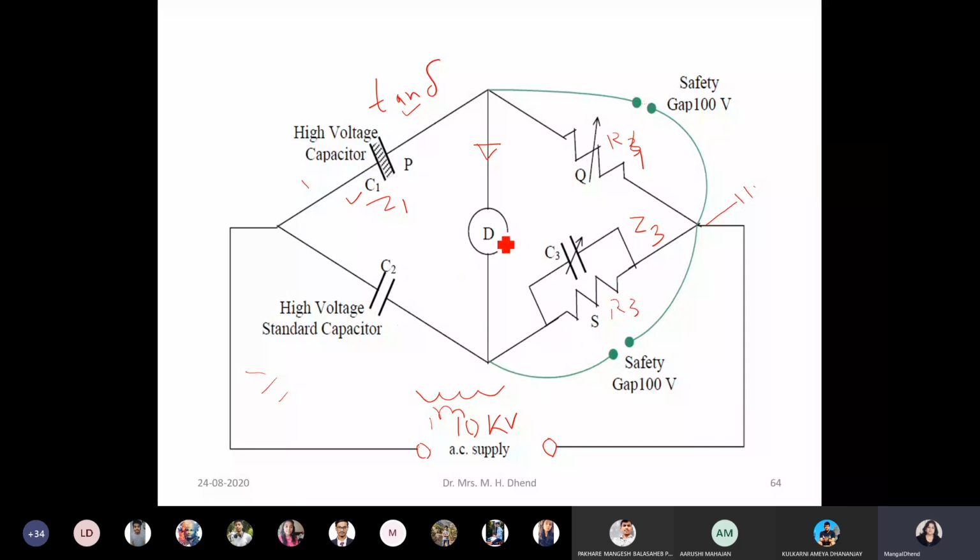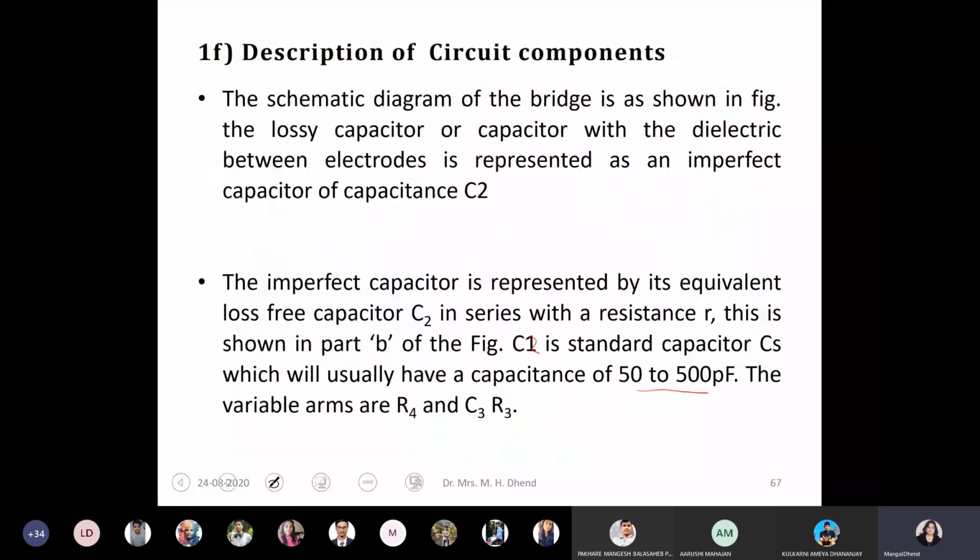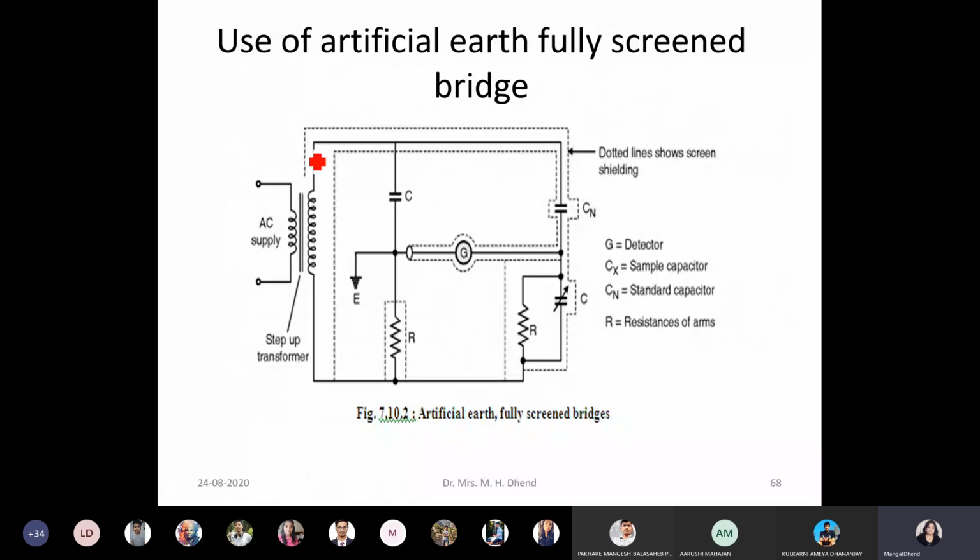And when you say the bridge is balanced and my circuit parameters are that, no, then you will get a wrong value, because your body capacitance and other stray capacitance, all the surface or periphery of the bridge, will enter. Therefore this bridge has to be inserted into a metallic box. So that is called shielding. That concept I just want to tell you. So here every circuit parameter you have to screen. You have to put it and keep it away from your surroundings. So that is called shielding.